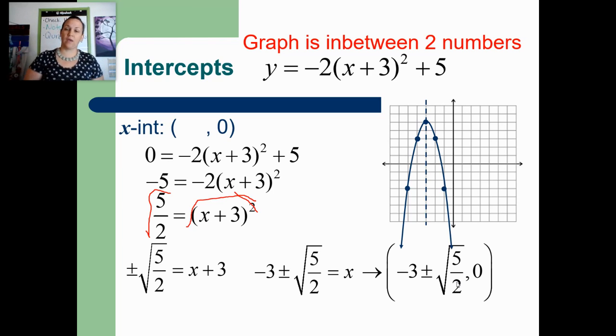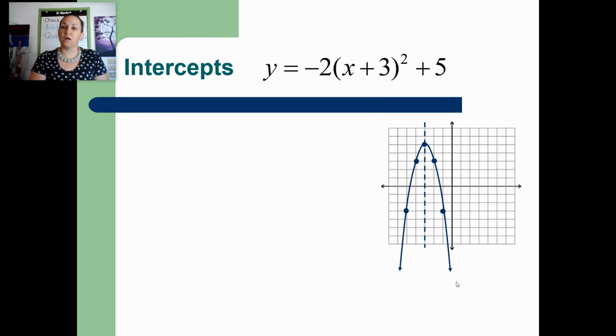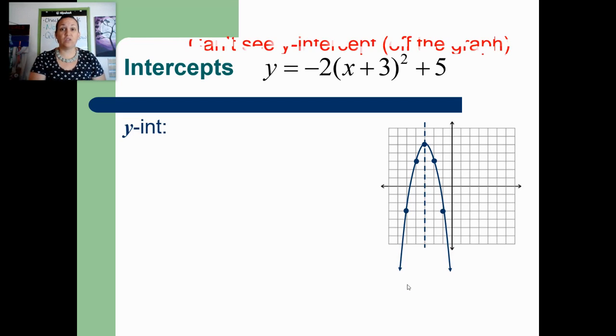All right, so those are the x-intercepts. But now we need to talk about the y-intercept. A parabola will always have one y-intercept. Always. Every parabola has a y-intercept. In this problem, my y-intercept is just a little bit too far down, a little bit off the graph. If I had actually done my next special ordered pair, I would have hit the y-axis, but I ran out of space. So if your y-intercept is not visible on the graph that you graphed, that doesn't mean it doesn't exist. That just means that it's off the graph,